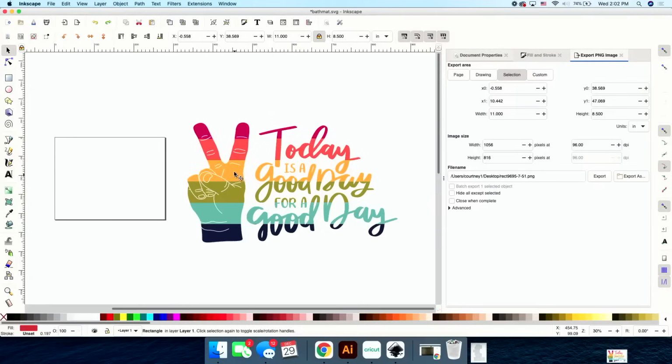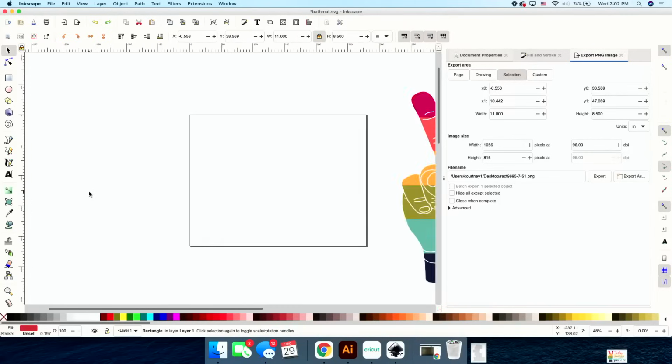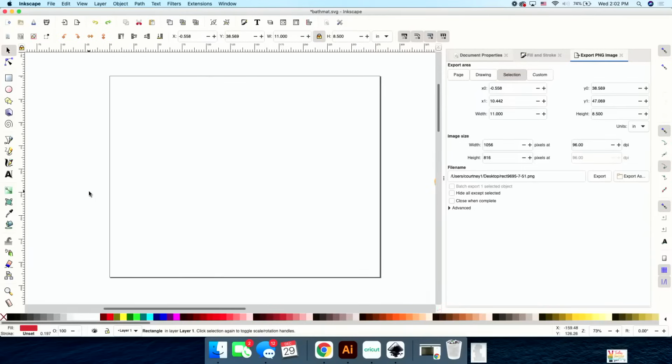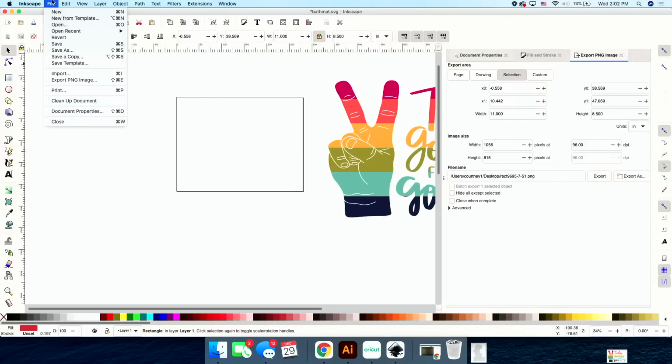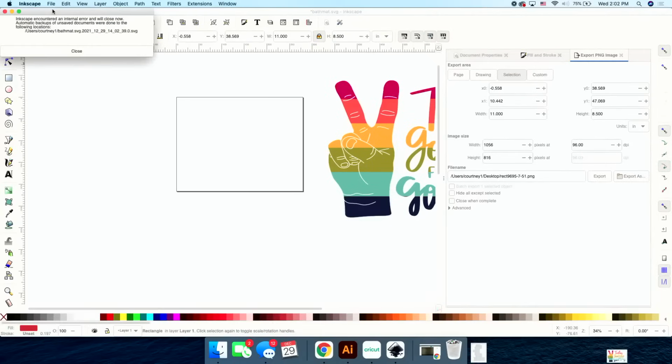I love it. So step one today, if you are opening Inkscape for the first time, first of all, we need to make sure we have the proper setting for our paper. And this right here is what your paper is. Notice there's a lot of things that can be on your mat, but this is actually representing the size of what you would save. So if you have things on your mat using Inkscape and you export it, even though I have all these other layers, it's only going to export this little square, Lauren. Right. So to make sure, we'll just start a new one for ease. We'll go to File, New, and we are going to